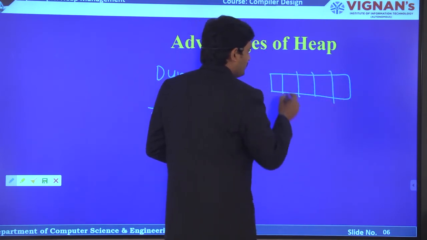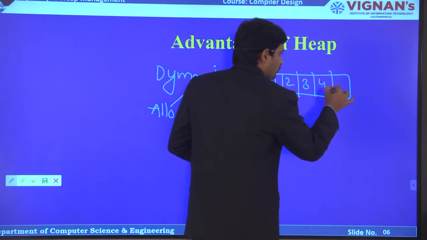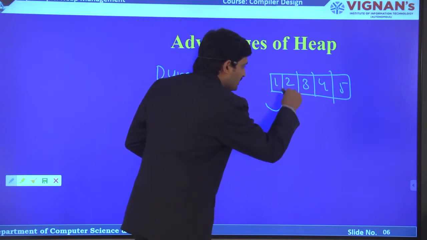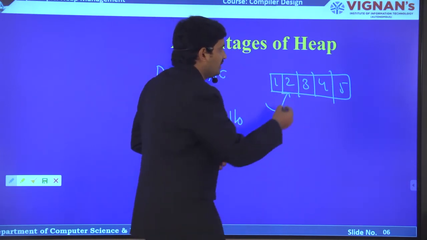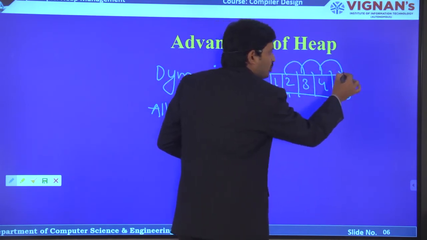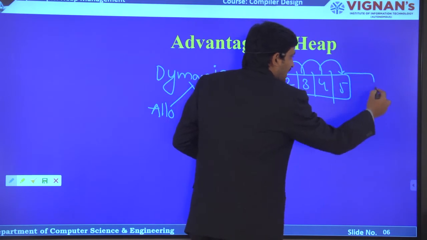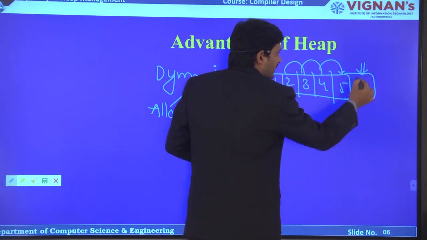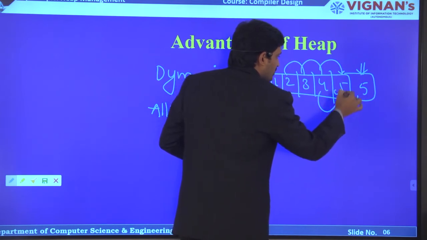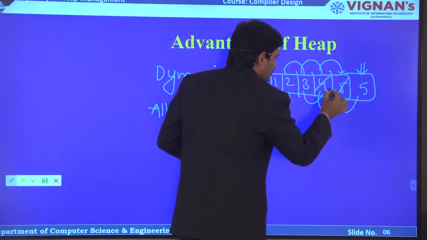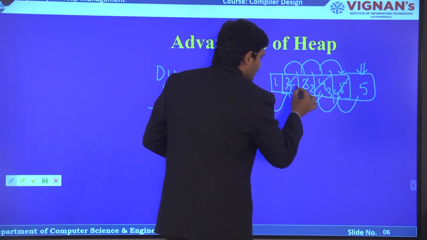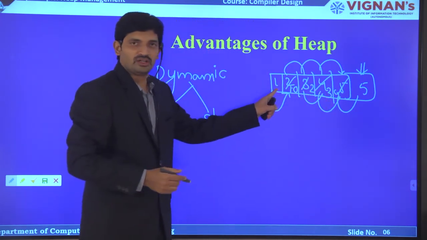If this is an array, and the data is 1 2 3 4 5, if I want to insert one more data element here, all this data has to be transferred to the next block. If there is an additional block, then this is transferred to this, and this to this, and this to here, and now I can insert my new item.